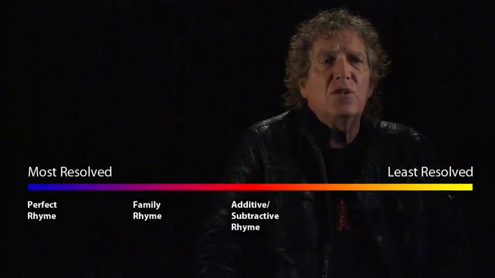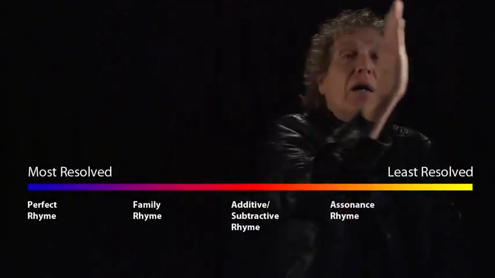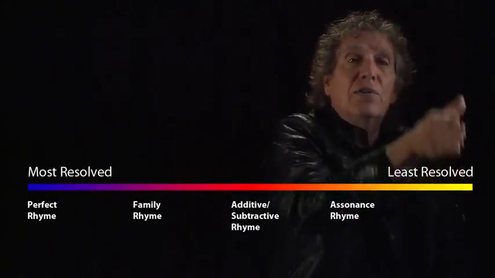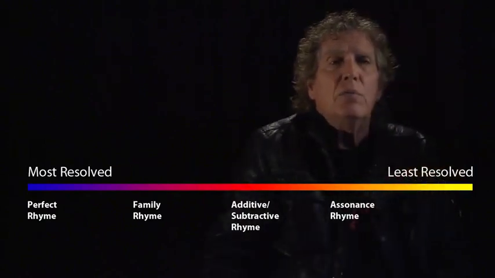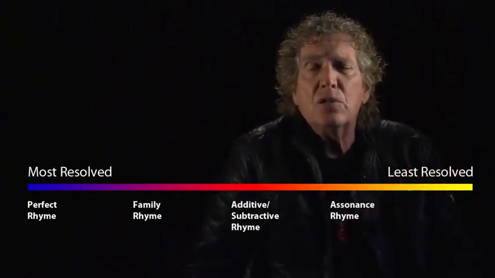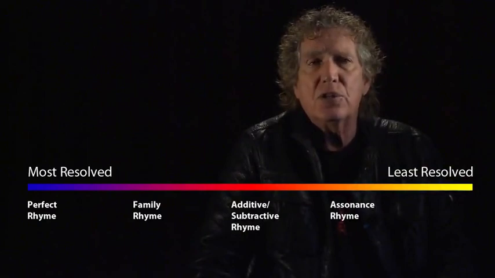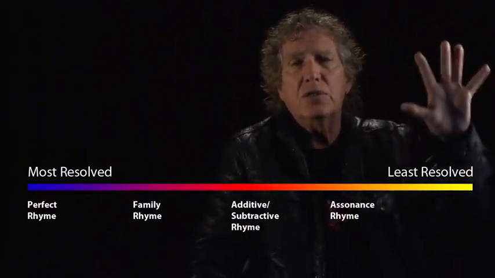Let's move on to assonance rhyme. And now we're really getting down towards the end of the spectrum, because an assonance rhyme is always unstable. It's always unstable. Whereas in additive and subtractive rhyme, we're kind of dealing with the E in the bass and